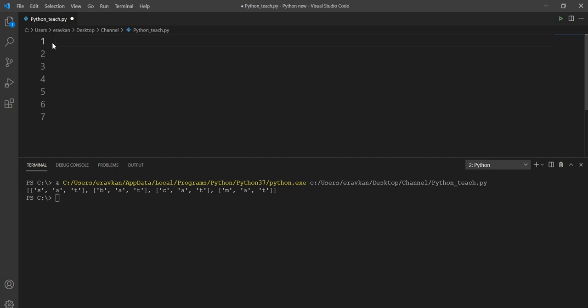So these concepts were very important, so please watch again carefully, because to some beginners these things look difficult, but if you practice then these things are very simple. And in professional people's code you will see a lot of list, map, lambda, filter functions, so you need to practice them a lot.